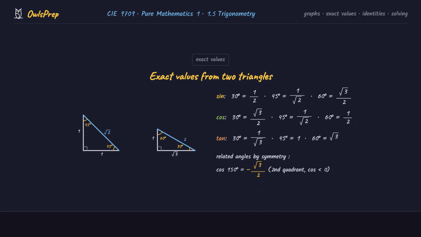The second comes from cutting an equilateral triangle in half, giving a 30-60-90 triangle with sides 1, root 3, and 2. From it, sine of 30 is a half, cosine of 30 is root 3 over 2, and tangent of 30 is 1 over root 3. 60 degrees is the mirror image. For other angles, like cosine of 150, use the symmetry of the graph. 150 degrees sits in the second quadrant where cosine is negative, so